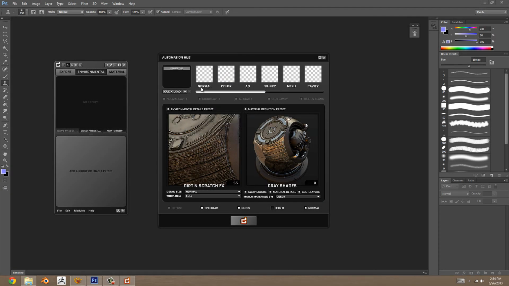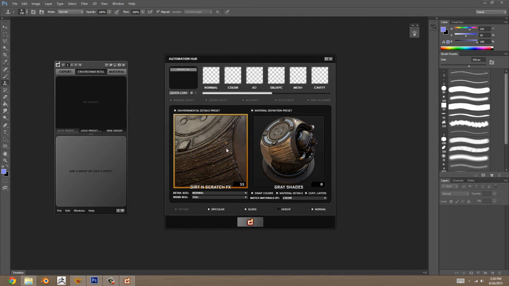So now we get to have a little bit of fun with Dedo, which differs from Endu in that it deals with diffuse, specular, and gloss maps, as well as AO maps. So it can add a lot of environmental effects and different material presets to your object without you having to go in and detail each individual map. This saves so much time. I can't stress enough how much time it